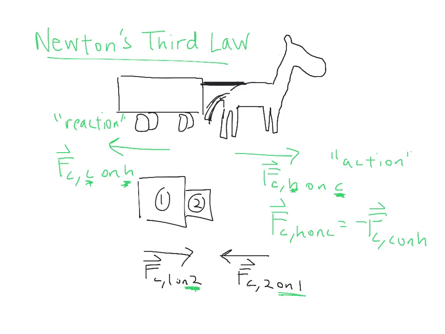The other really important thing to know about third law pair forces is that they can only be third law pair forces if they're the same type of force, because one has to be a reaction to the other, and the reaction is going to have the same form as the original force. So for example, a surface may exert two kinds of forces if a block slides on it. You might have, for example,